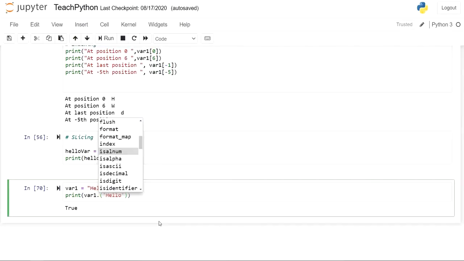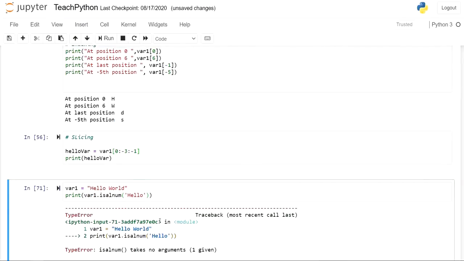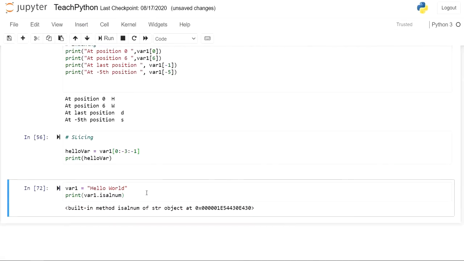So isalnum means, is this string alphanumeric? Let's see. It doesn't take any arguments. It is simply like this. So what is this built-in method? Whenever you get this sort of line, it means you are missing the round brackets to call the function.